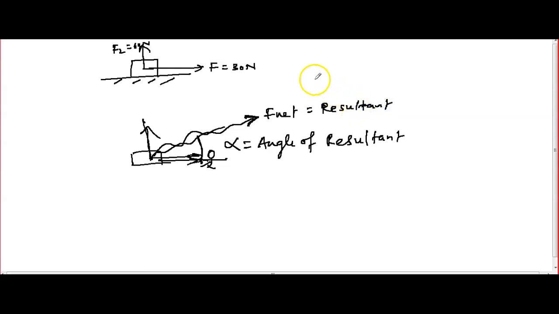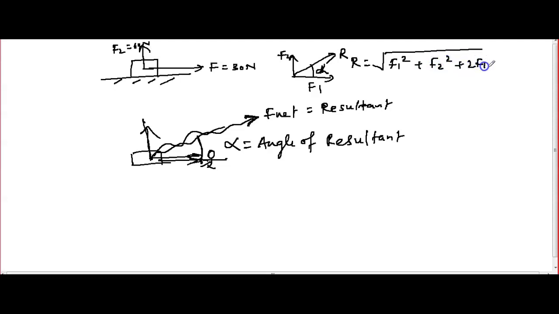So how will you find it here? We know that the vector, we have all studied in the 12th class. If two forces F1 and F2 are given in different directions, we can apply the parallelogram theorem, and this resultant R will be equal to the square root of F1 square plus F2 square plus 2 F1 F2 cos theta, right? This derivation also is there. I will teach you the derivation after I discuss some problems.